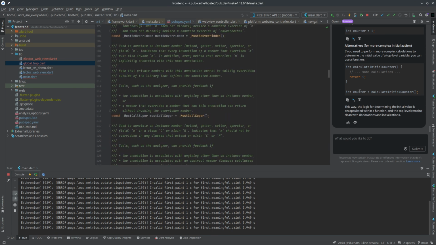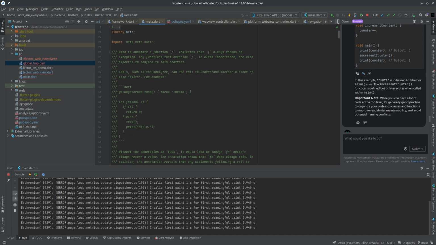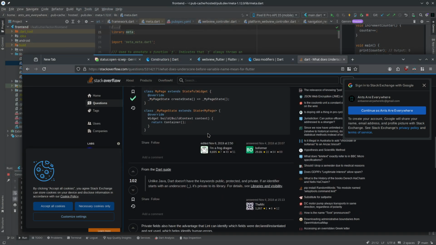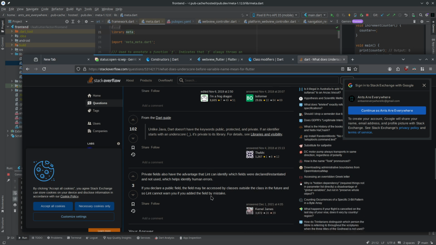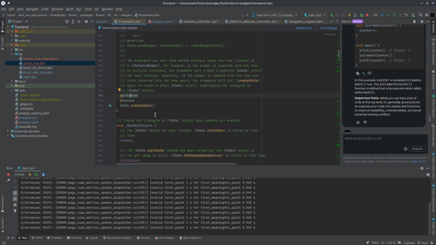This is meta.dart. I don't know if meta is part of Dart or something else. Okay, so it seems like the underscore actually does make things private. That's fine. I do also want to see the implementation of the